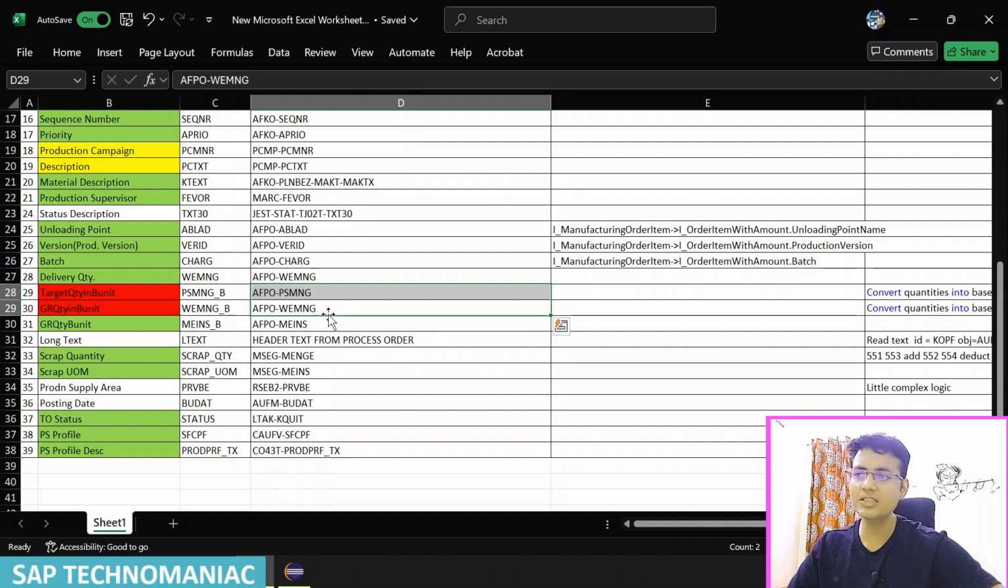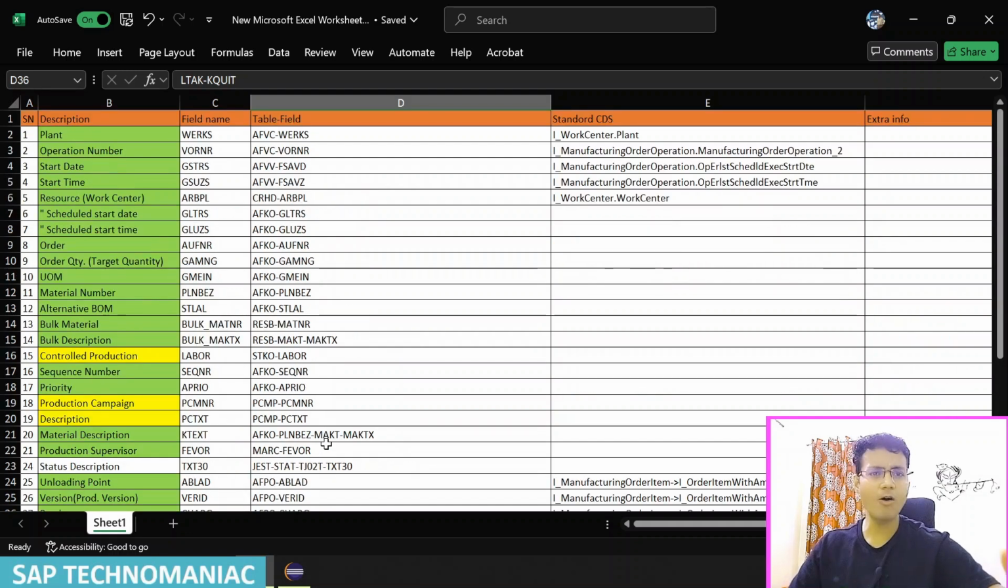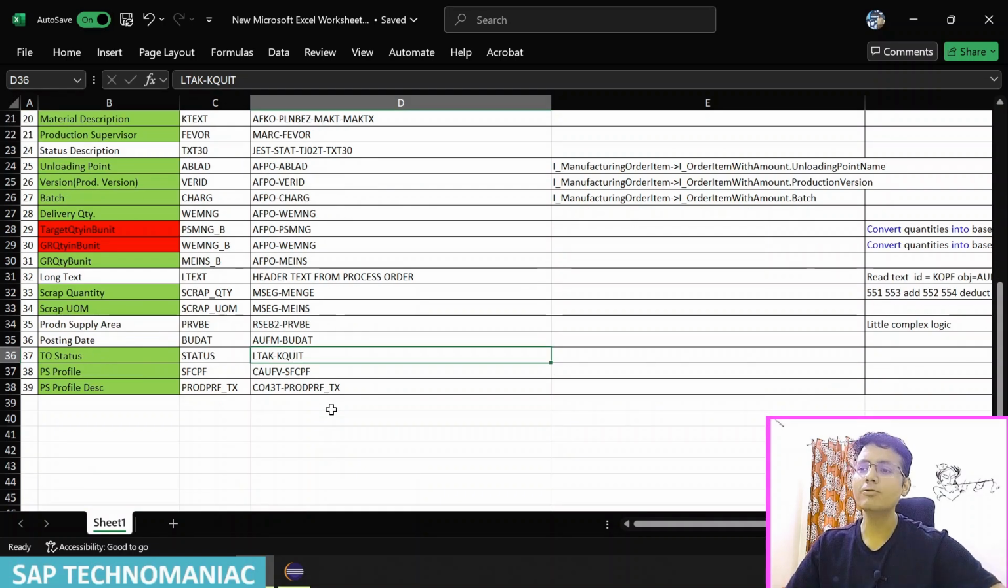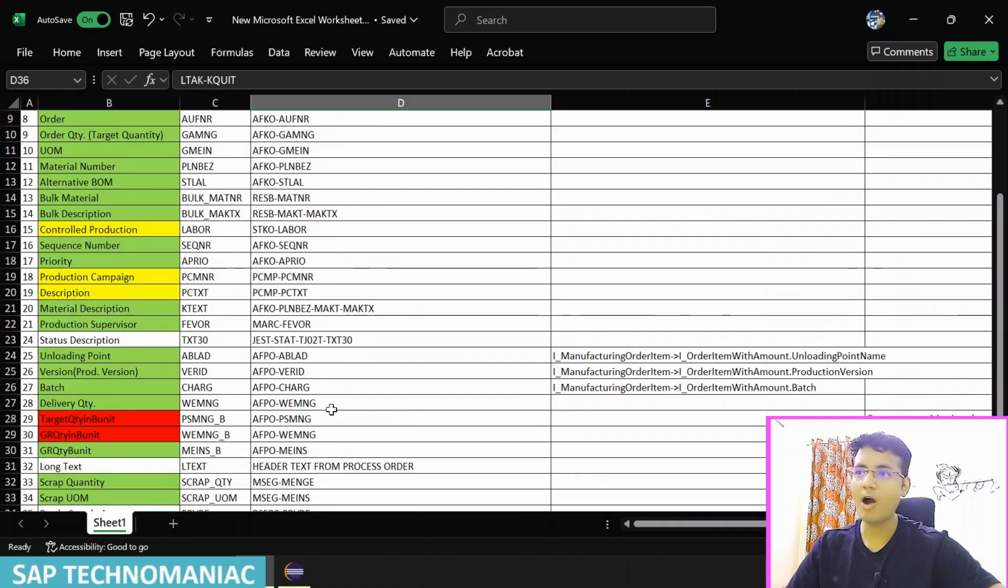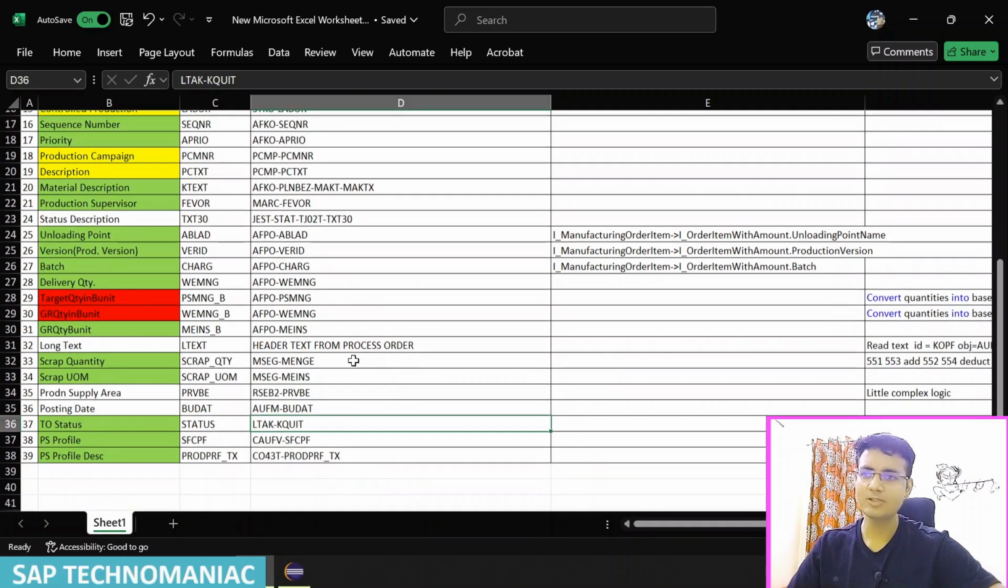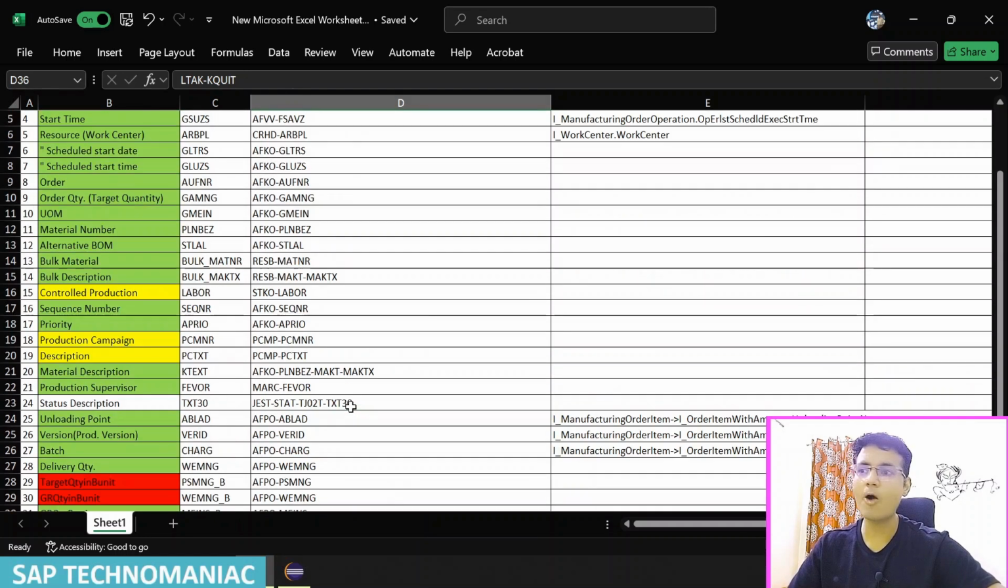Some of the details, like quantity, we are getting from AFPO and MSEG, scrap quantity we are getting from MSEG, and from RESB we are getting the supplying area, and the posting date from AUFM, LTUC, TO status, production profile, and profile description we are getting from this. In that way, the overall idea, even though I am not writing the complete logic over here, of which field I am getting from where. So how many tables I have to hit, I will get that idea from here, and how many fields